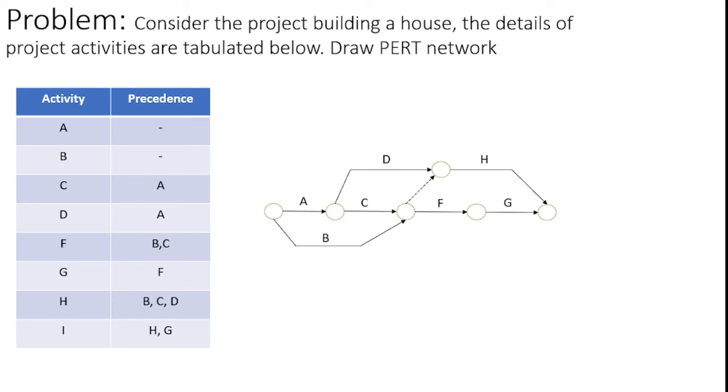So we can draw this H activity like this, and we can also introduce a dummy activity between B, C and D. Likewise, a hidden arrowhead I can utilize to represent the dummy activity before drawing the H activity, and then automatically the final one is the I activity, which can be represented after completion of H and G. Likewise, I can draw the network with the given problem, which is the basic rule to draw and structure the network for analysis in a PERT.